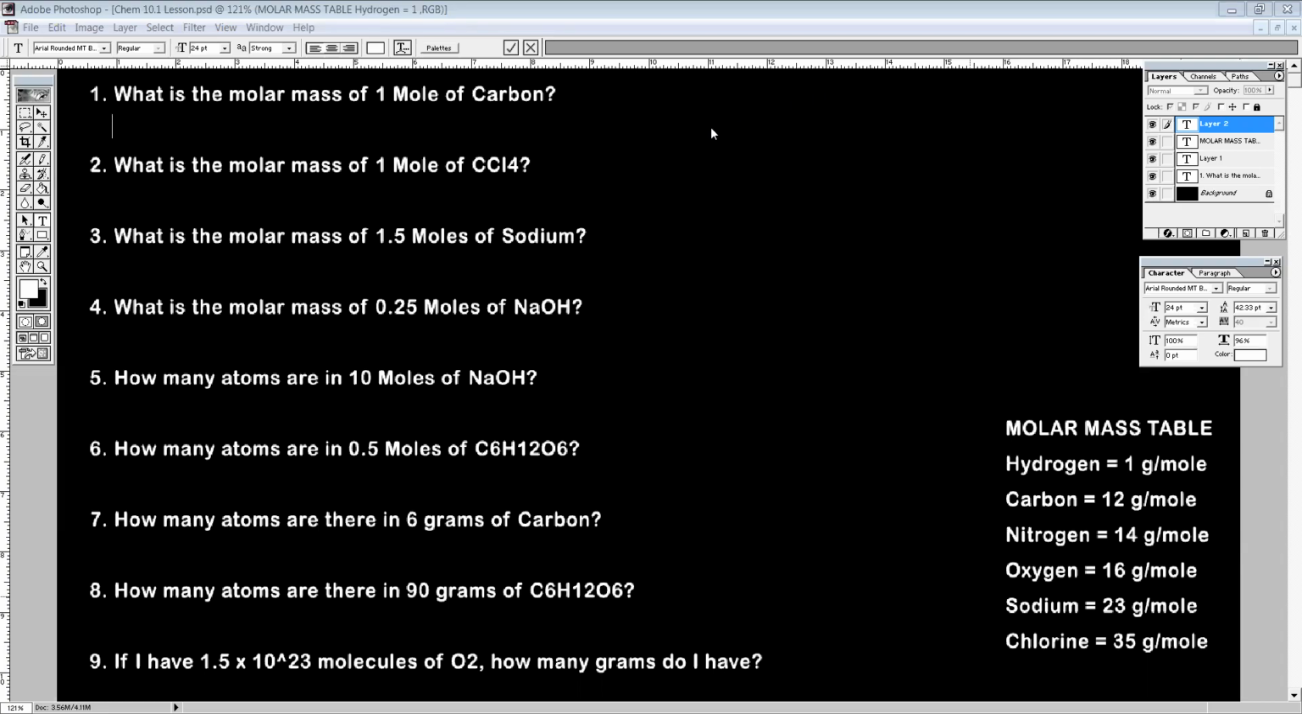All right, so we are looking at the 10 questions for exercise 10.1 with some simple calculations here. And let's take a look. Question number 1 asks, what's the molar mass of a single mole of carbon? Well, if we look over here at our little chart, we see that carbon is 12 grams per mole. So very simply,